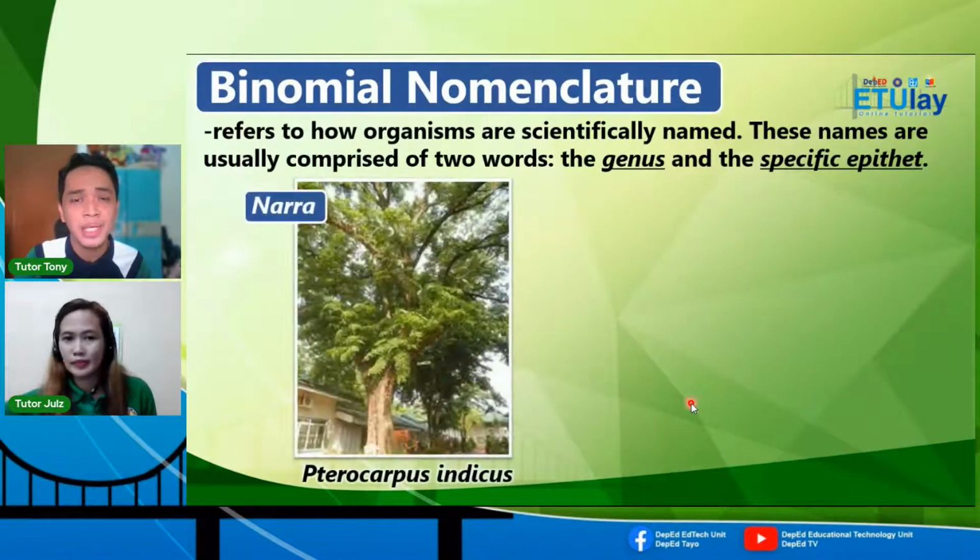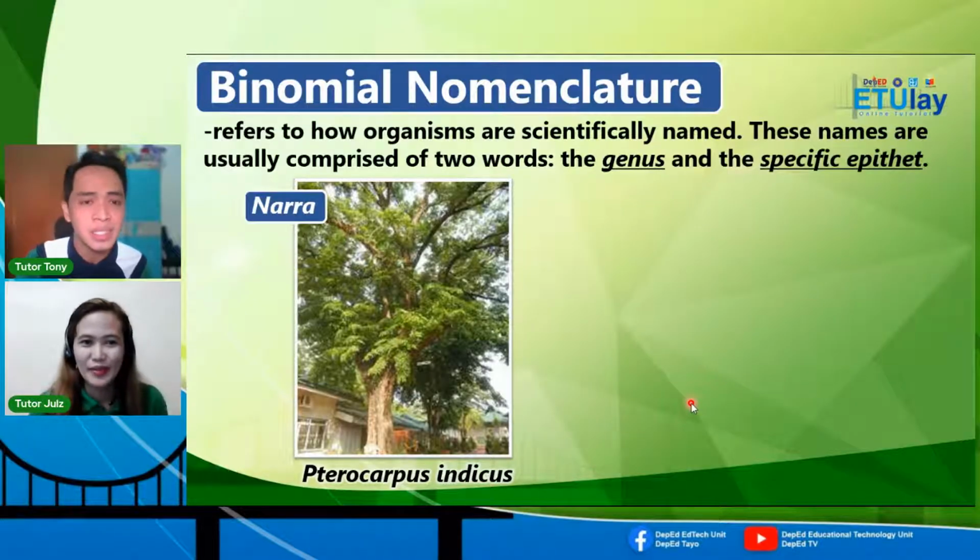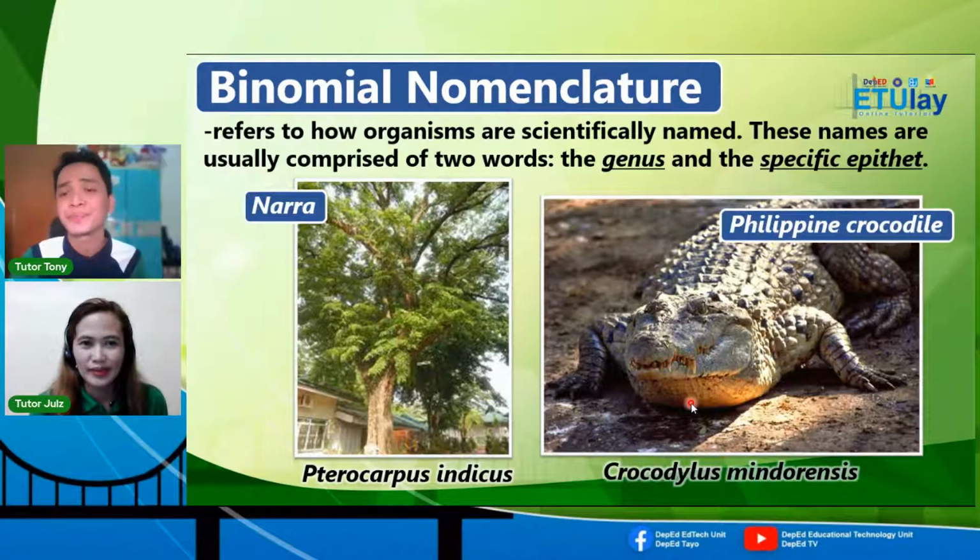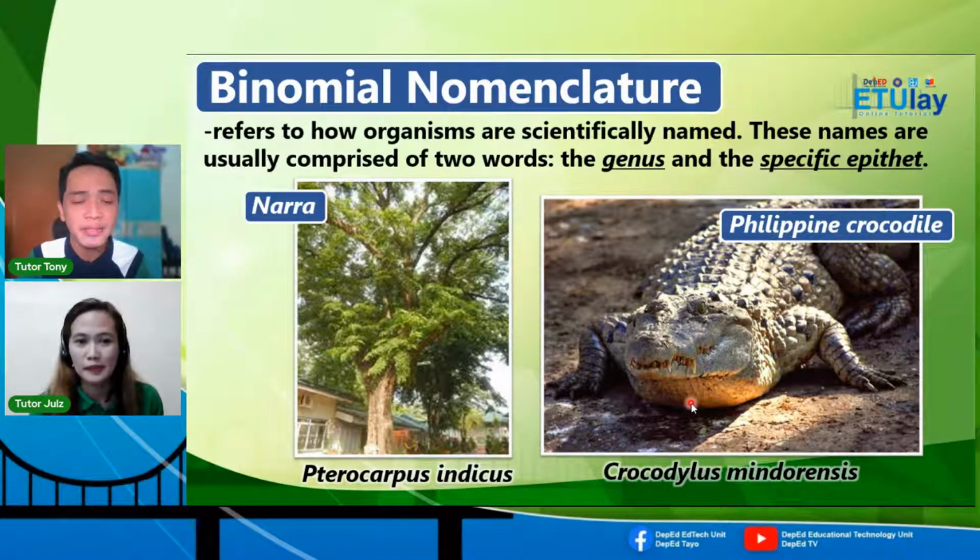Ayan. So binomial nomenclature, ibandera na natin ang ating mga other species pa ng plants at animals na nakita sa Pilipinas. Our national tree, Narra, with the scientific name Pterocarpus indicus. Tulad ng sinabi ni Tutor Jules last week, ang genus is always written capital letter, and then the species or the specific epithet is always written beginning letter na small letter, italicized palagi. So sa mga research paper, dapat ina-italicize yan, or kapag handwritten lang, i-underline lang once yung genus, tapos 2 beses naman yung species.